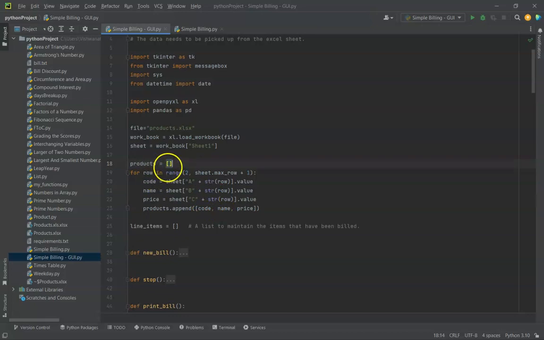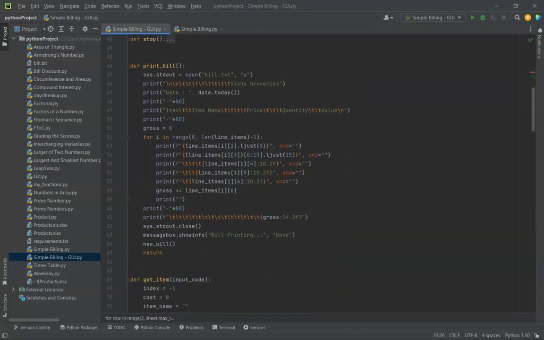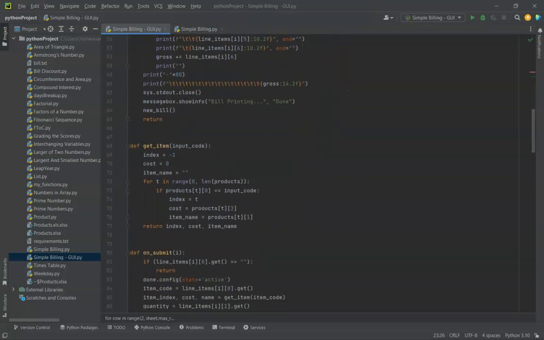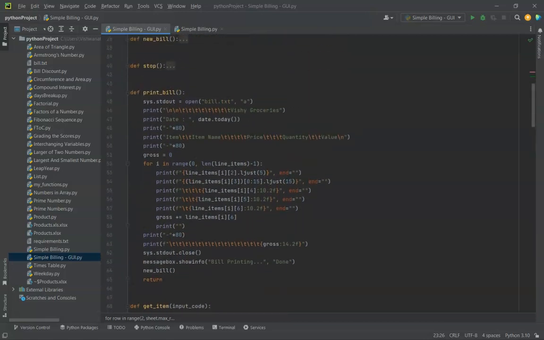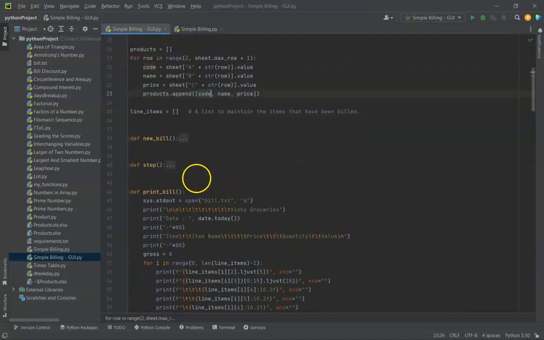So products is a list which contains these lists. Naturally, since I made that change, I have to make changes wherever I am using the dictionary terminology to access it. Within quotes, I was saying code. Within double quotes, I was saying name. So instead of that, I have to use the